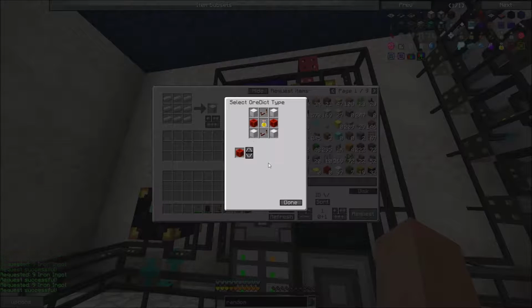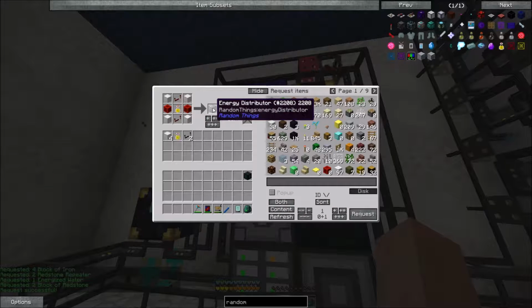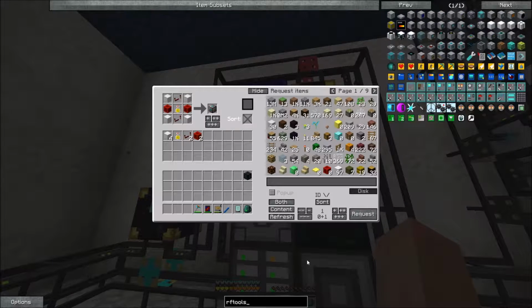Okay, and then the distributor, finally, there we go. Everything else should be faster. Oh, it's making the redstone blocks. Gee whiz. Alright, so I have my Tesseract already. Let's go to RFTools. There we go. So we want to make